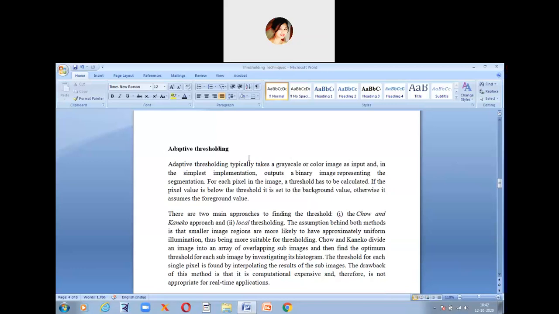Chow and Kaneko divide an image into an array of overlapping sub-images and then find the optimum threshold for each sub-image by investigating its histogram. Same thing, only in different ways. The image as a whole is divided into an array of overlapping sub-images, and after dividing it, the method finds the optimum threshold for each sub-image.